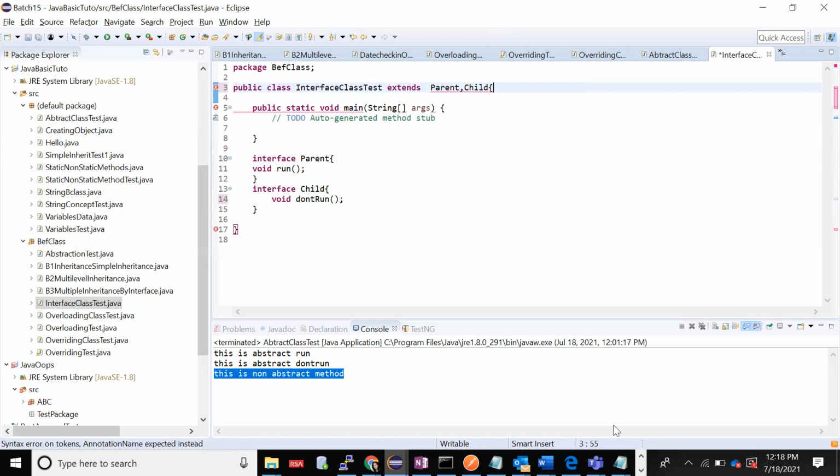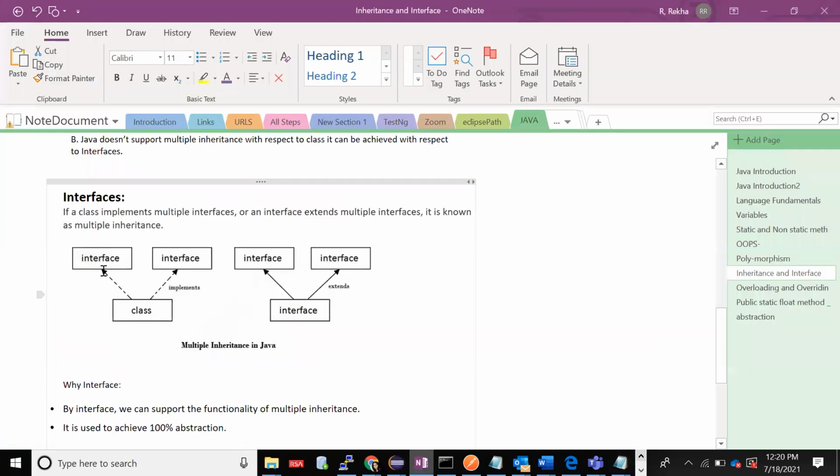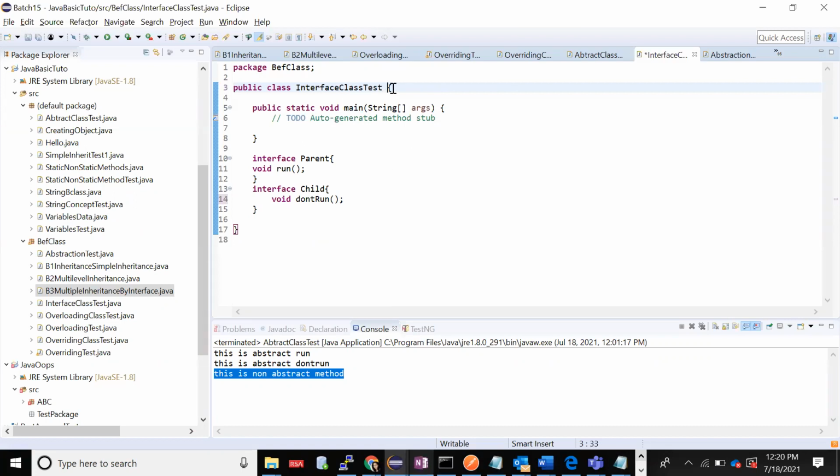As this diagram shows, a class can only implement interfaces, and an interface can extend interfaces but cannot implement them. So what I'll do is implement it: implements parent, child. Now at least it should give a result.